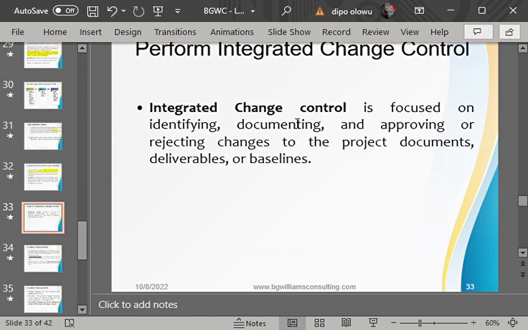So the CCB has the power to approve a change, the power to postpone a change, and the power to reject a change. It is the decision of the CCB to either approve, reject, or postpone a change request.